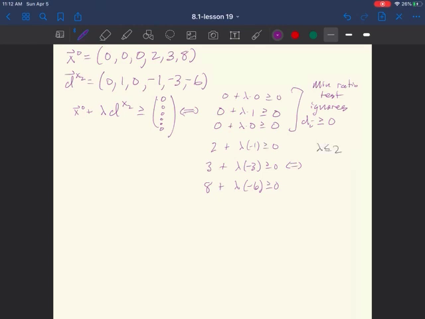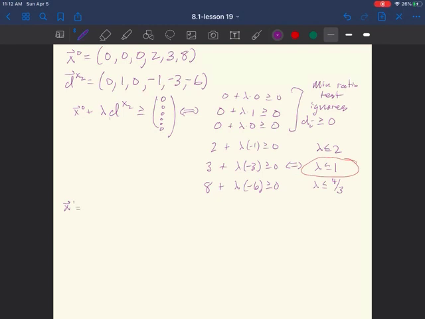And we can see these ones lead to lambda has to be less than or equal to 2, or that gets violated. Lambda has to be less than or equal to 1, or that gets violated. And lambda has to be less than or equal to 4/3, or that gets violated. And so we see that the most restrictive of these equations is 1,